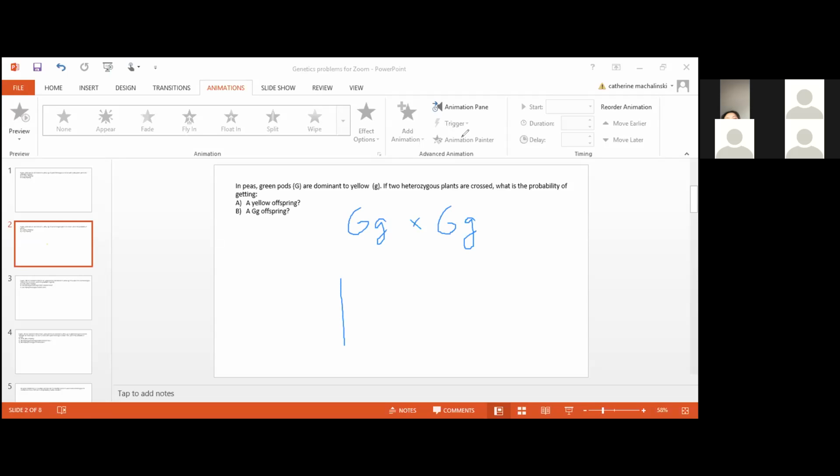Again, you just need to do your Punnett Square, where you put the gametes from one parent on the side and the other one on the top. Now, since both parents are the same, it doesn't matter. So we have big G, little g from one parent, big G, little g from the other parent. And when we fill in the square,